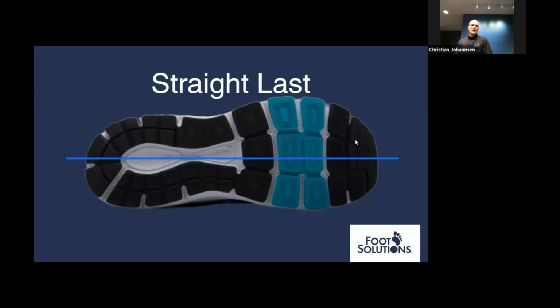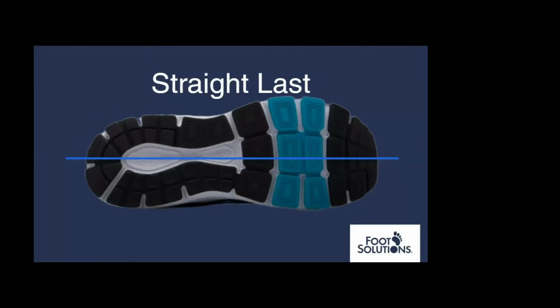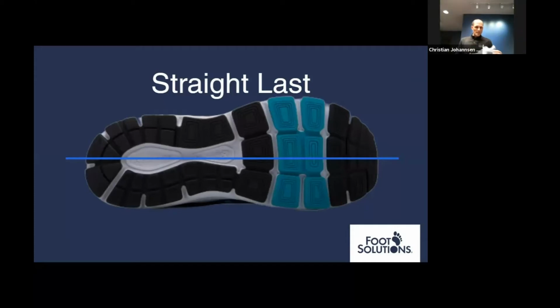Most of the time, these also have more depth to them, so that means that the room, and I'll show you on the shoe. Can you see my screen here? I'm not sure, it might be a bit small, but the depth is this part right here. Which in some cases will be a little bit roomier for a wider fitting shoe, or somebody with a high instep or maybe a high arch, and they tend to do better on a straight lasted shoe as well,